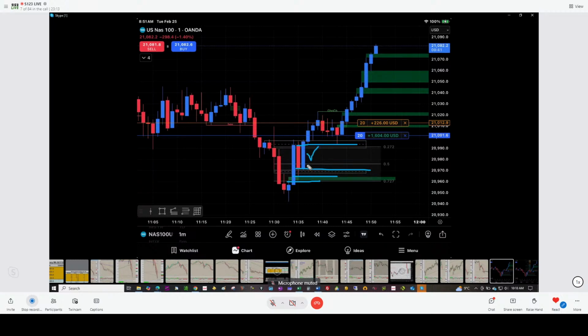Those are quite important as well. If you can get an order block, or if you can, in this case, price came right to this order